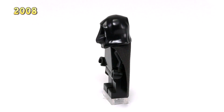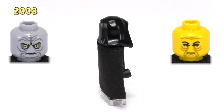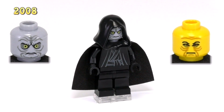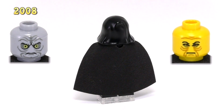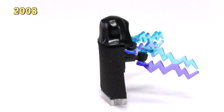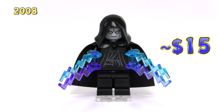But something I would say that has definitely improved is his face. Granted, an improvement from the original printing isn't saying much, but I really do think this guy looks menacing. Oh yeah, one more thing I almost forgot, he also comes with these electric wave pieces. This is of course to simulate his Force Lightning ability. He is a $15 minifig, but let's move on up to 2009 where we get the strangest looking Palpatine fig